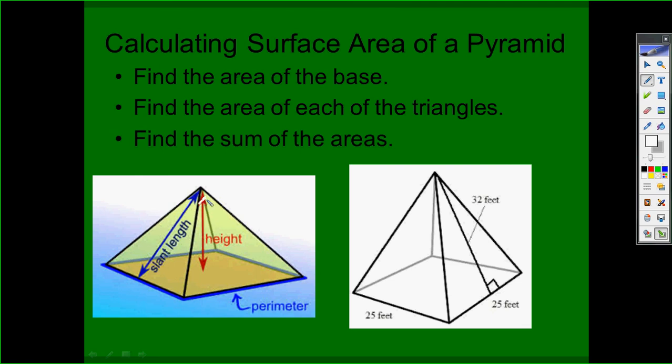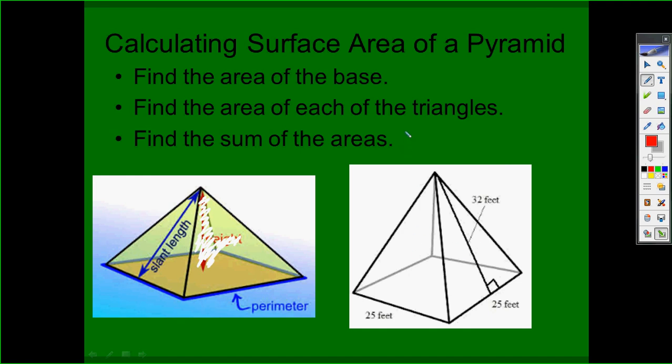When you are looking for surface area, you will not use this height. You will use that when finding volume, but not for surface area. For surface area, we must use the slant height, and the slant height and the overall height are two different lengths. So in this example, you can see the actual height of this pyramid is not even given, but the slant height is. In this case, I've got a square on the bottom, and then I've got four triangular faces